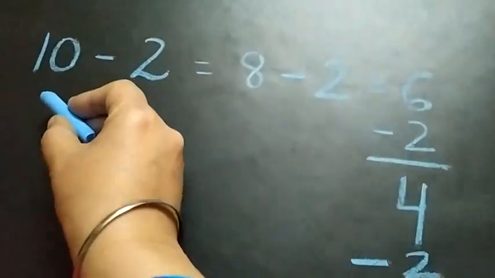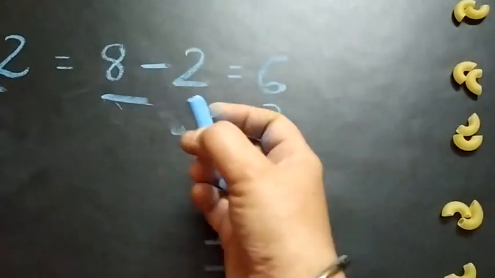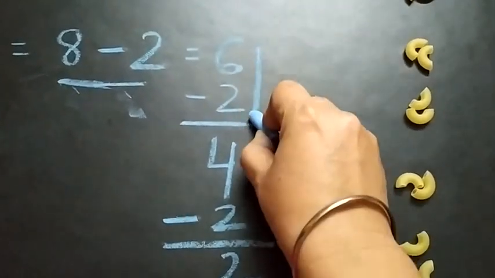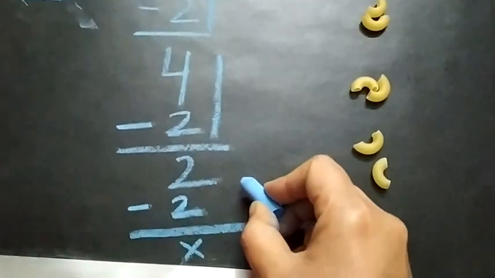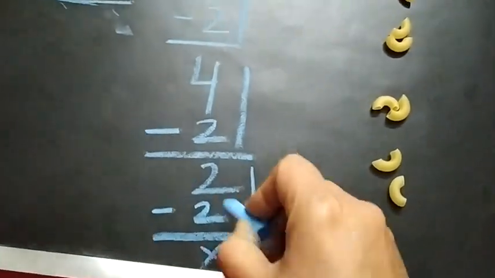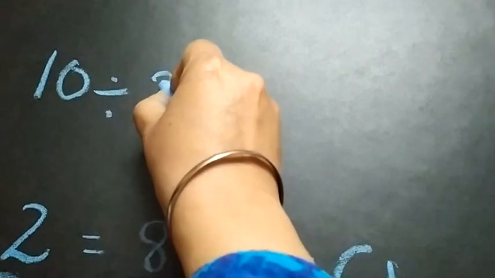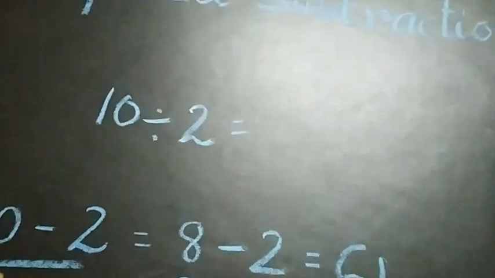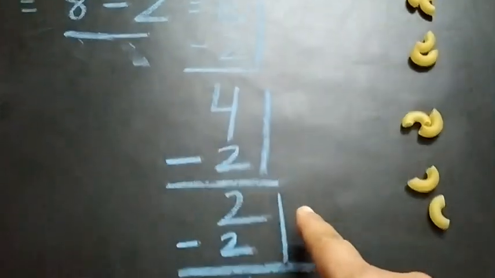So how many times have we given away? 1 time subtraction, second time subtraction, then third time subtraction. This is subtraction again. How many signs have you used? 4 times subtraction and 1 more sign of subtraction, 5 times. So you divided 10 candies and you gave 2 candies to each of your friends. How many friends got candies? 1, 2, 3, 4 or 5.